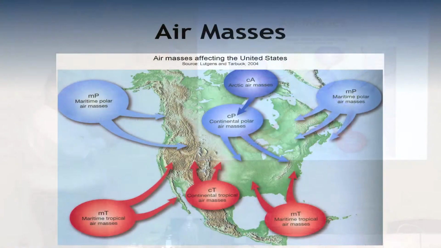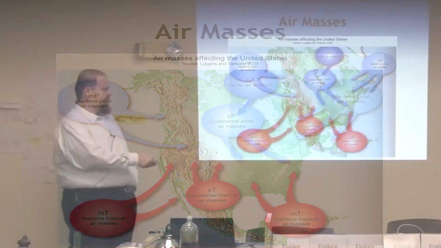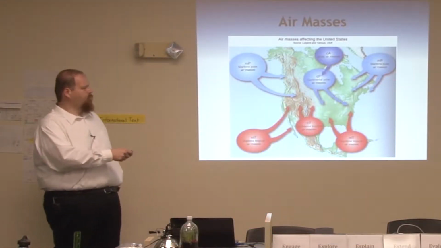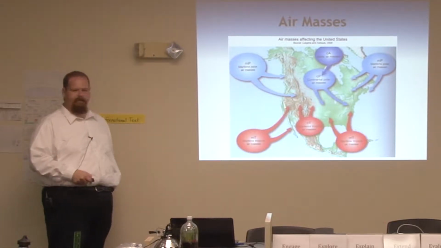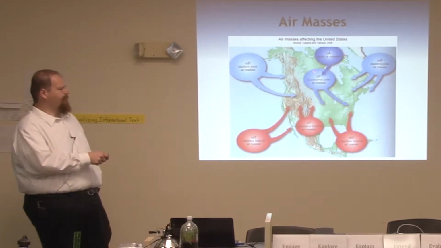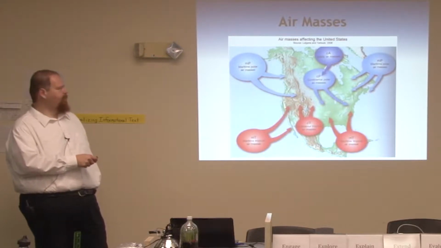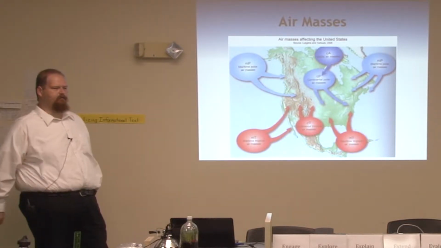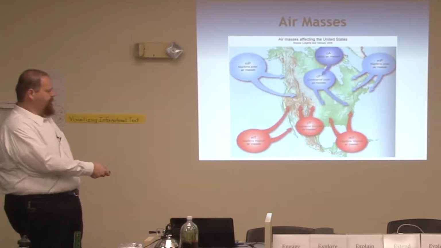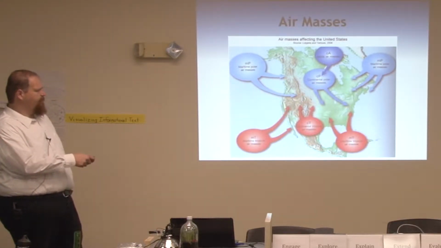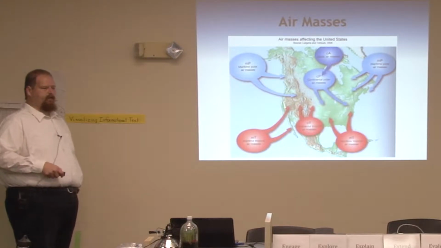And you don't have to worry about the names, but we have maritime air masses. Obviously, anything that's maritime means it's associated with the ocean. And so you got either a warm air mass coming out of the subtropics or maybe cool, moist air coming out of the Pacific, North Atlantic. We get these continental polar air masses in the wintertime, even the Canadian Arctic air masses, which we haven't seen too many over the last 10, 15 years. But anyway, the air masses originate from different places.